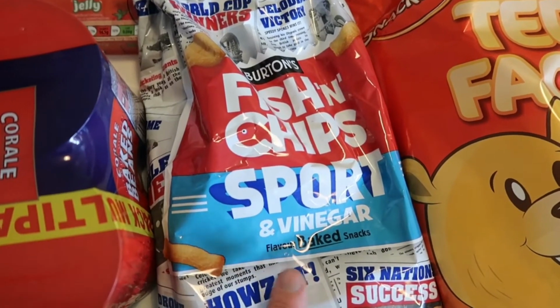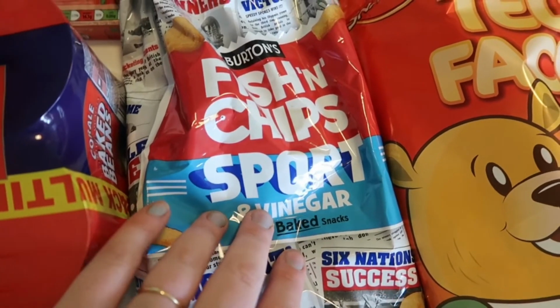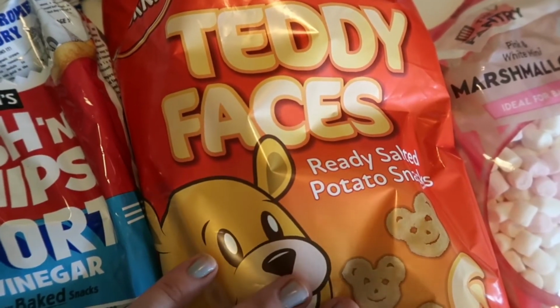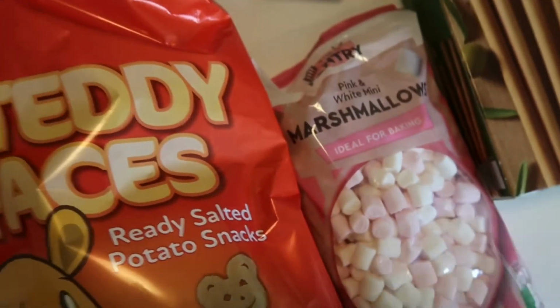Harry actually said today, can I have some crisps with my dinner? And I was like, yeah, go on then. And when we didn't have these he was really disappointed, so I picked some of those up. I got some teddy faces ready for Megan's party, marshmallows for like fruity kebab skewer things, and the last thing